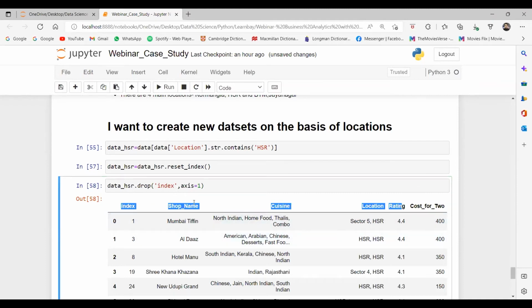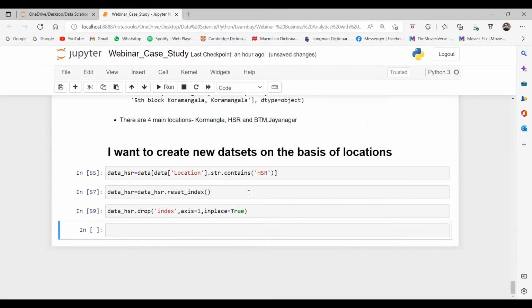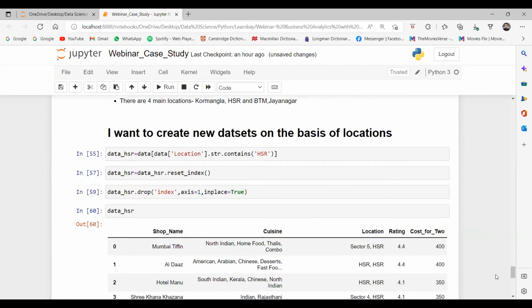If I want to delete any row, then I have to say axis equal to 0. Then I am saying inplace equal to true. It means I want the changes to be made in the existing data frame, that is data_HSR. If I run it and now I say data_HSR,